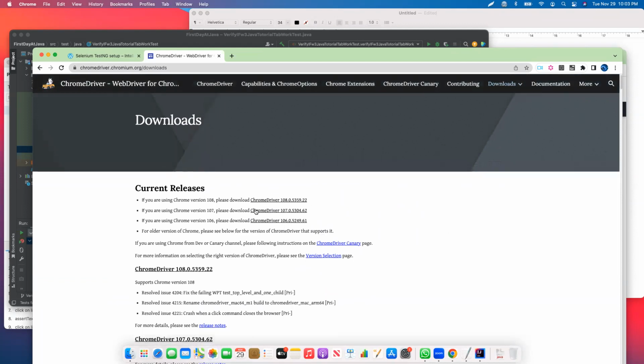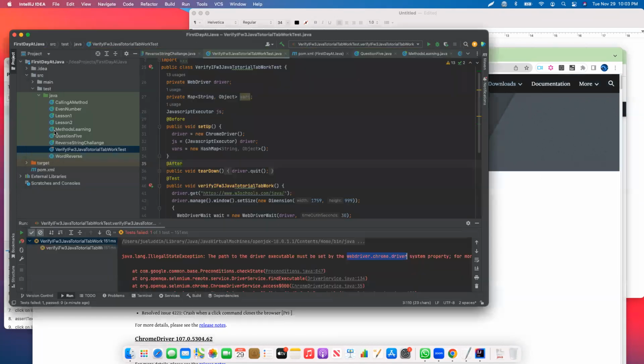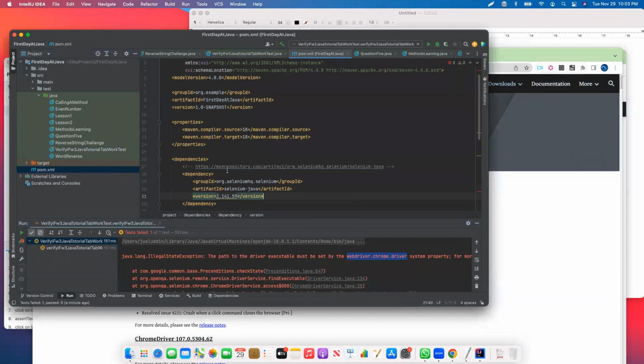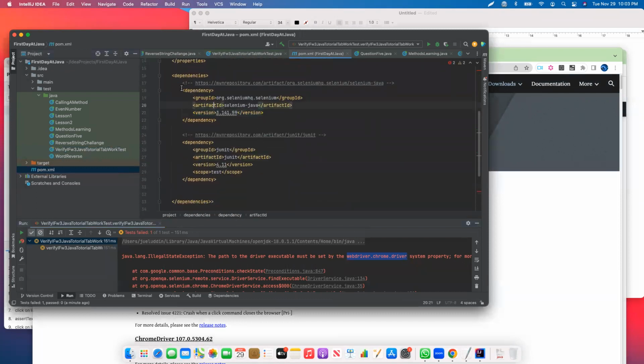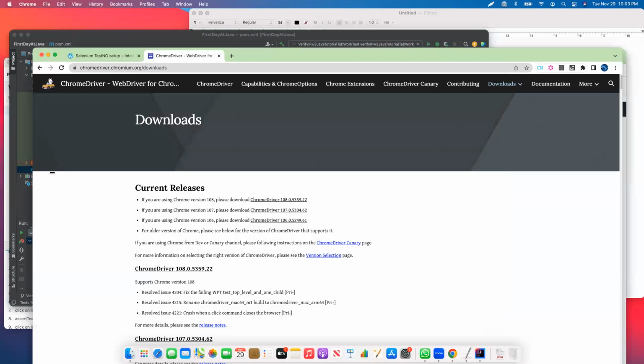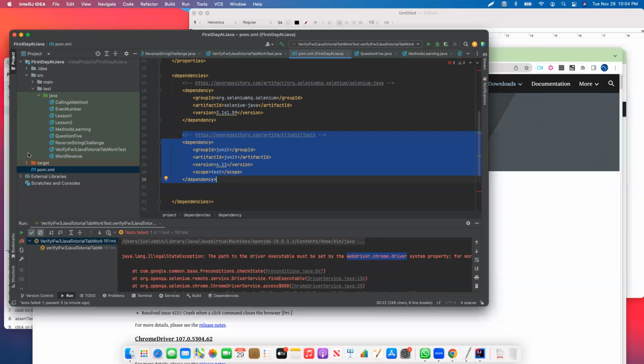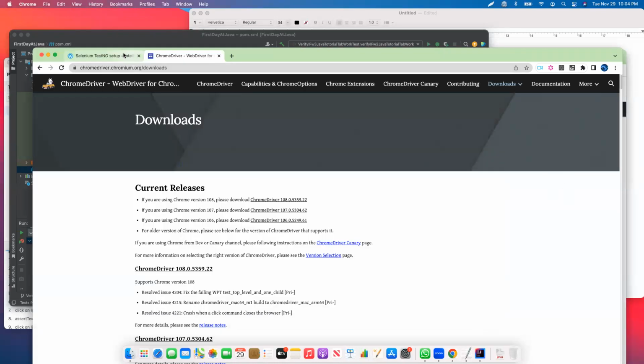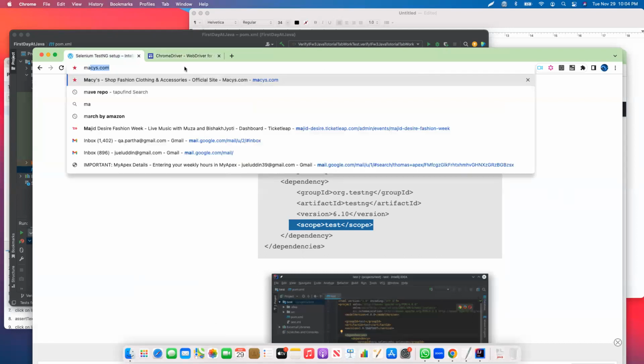So I can actually download Chrome driver and put it directly in here, or I can use a library. So these are libraries, right? For example, this one, Selenium, we automatically added. We added JUnit automatically too. I can also add the Chrome driver automatically if I want to, or I can do it manually. Manually would be coming in here, downloading it and putting it here to make it work, or I can just do it through here. So if you go to Maven repository